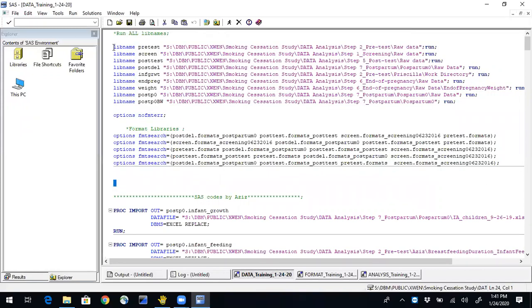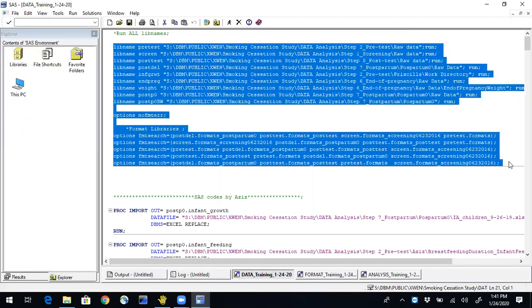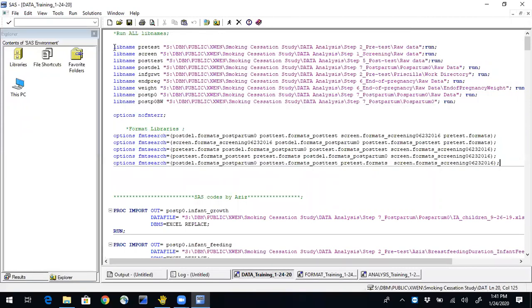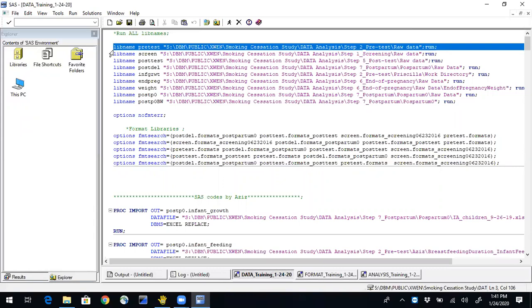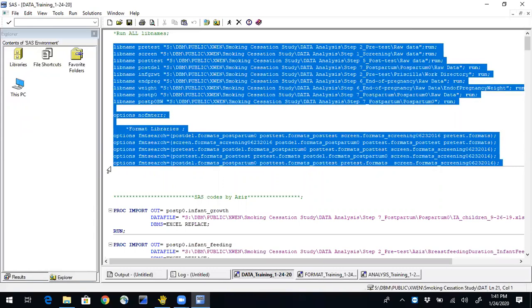You could highlight it like you regularly would in any other program, but SAS also allows you, if you go just to the left of the line, it turns into an arrow instead of the other cursor. Then if you hold down, you could just drag down and it'll highlight. It's just a little bit easier, but either way, it's fine. At the top of SAS, there's multiple icons. The running man icon, which says submit, is what you click to run whenever you've highlighted. So if we go ahead and click run,